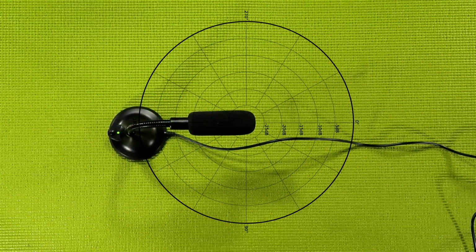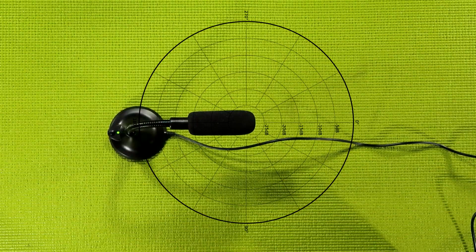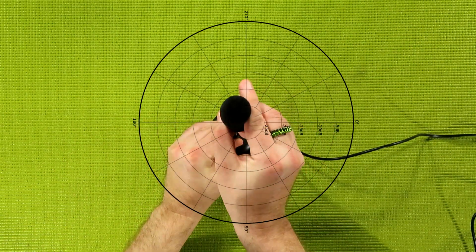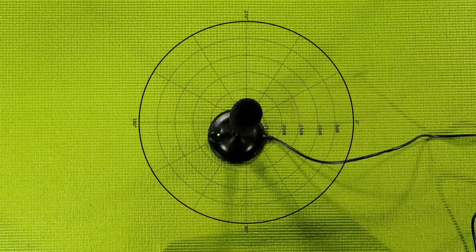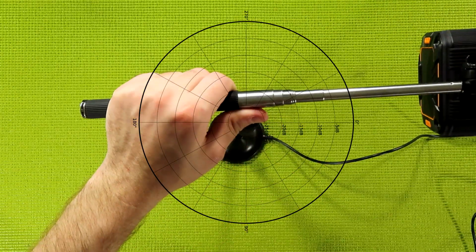Now, looking at this pickup pattern, I will say it seems to be more in the cardioid family, though it is doing a good job picking up everything going on behind the microphone. It's still blocking a little bit of the audio. However, like I mentioned earlier, if you want to get a true, full omnidirectional, you need something in this setup right here. So let's do this test one more time, and